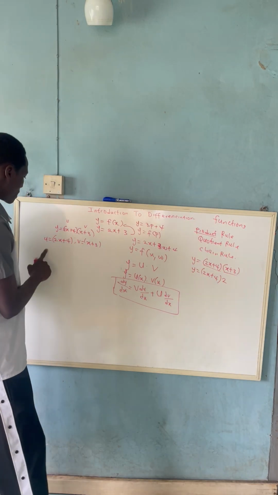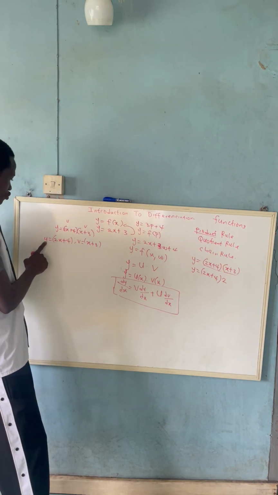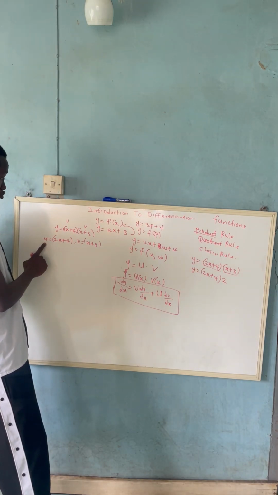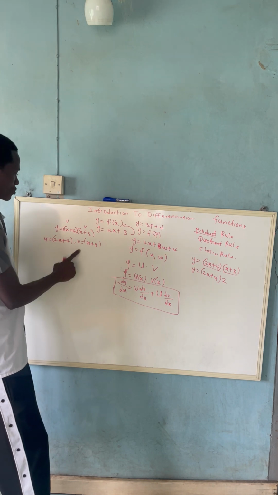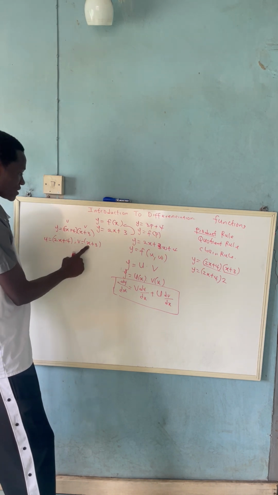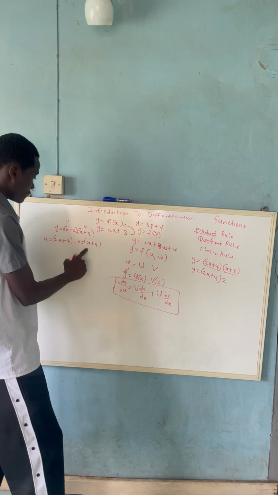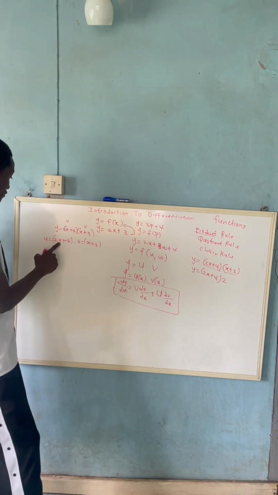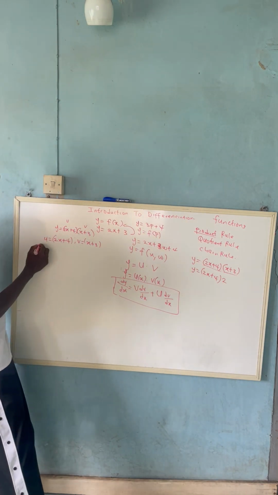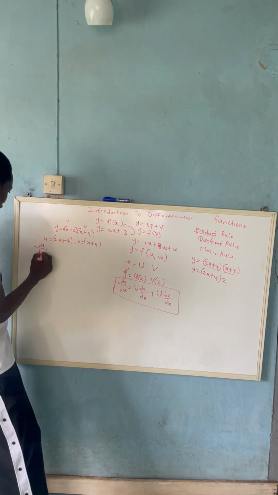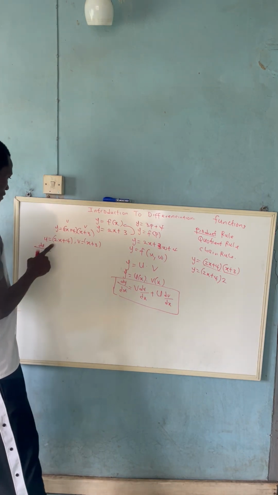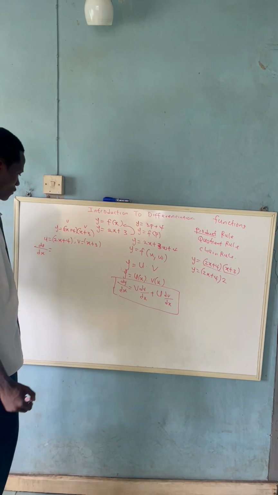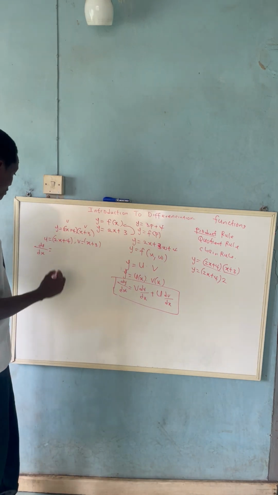So now here we differentiate u with respect to x, so it will be du over dx. What will here be? We differentiate v with respect to x. What will now be? dv over dx. So let's first of all start with u and x. So we are going to have du over dx equal to differentiate 2x. What will be your answer? The answer will be